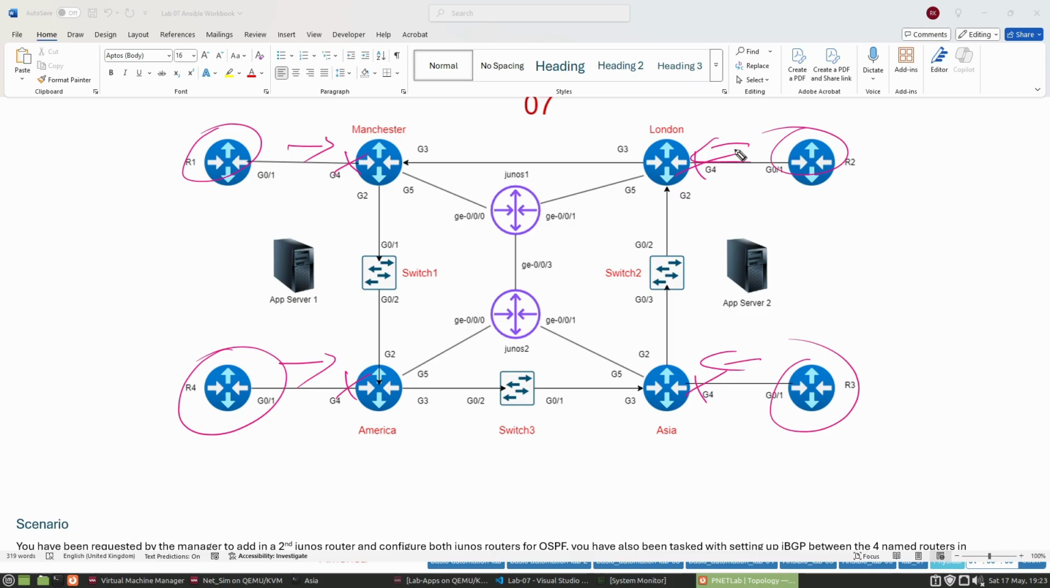So in regards to the Junos routers, what we have already is OSPF configured here, here and here on the named routers, but the Juniper routers have not got OSPF configured at all. So we need to put in this link, this link, this link, this link, and these links as well onto